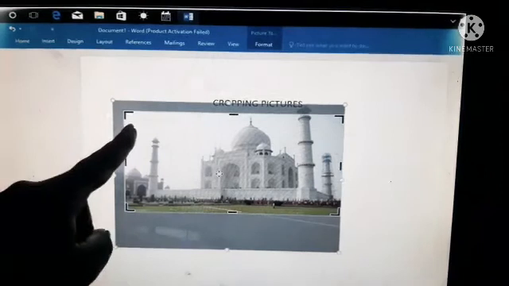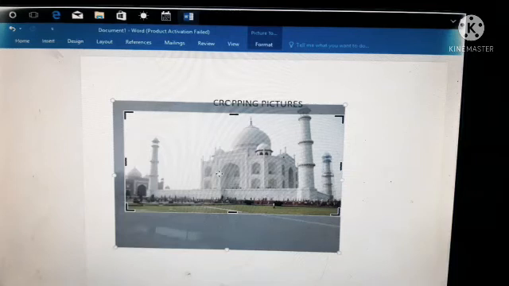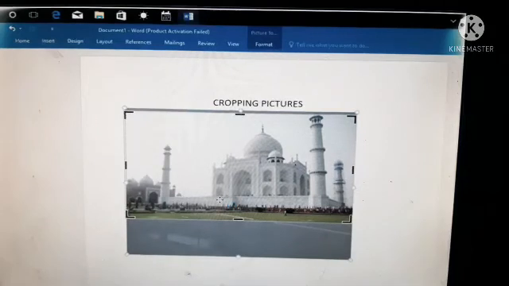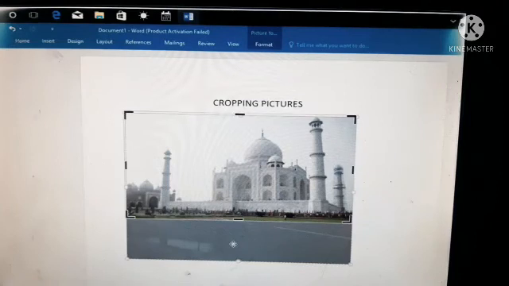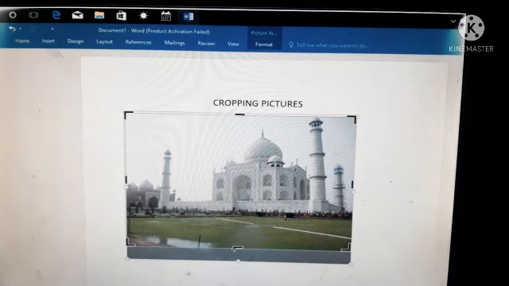If you click on crop, we can see the thicker line will appear on the edges of the picture. If you want to crop, just click the cropping options and we can move it. If you need, you just have to remove this cropping portion, so we can see the full picture. Understood? So cropping is removing the unwanted edges of the pictures. We can see the remaining portions in the next class. Based on this we can see some question answers and the book exercise.